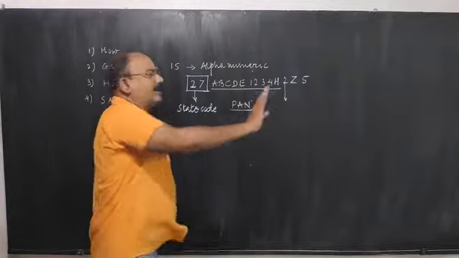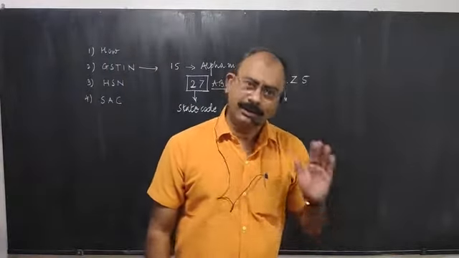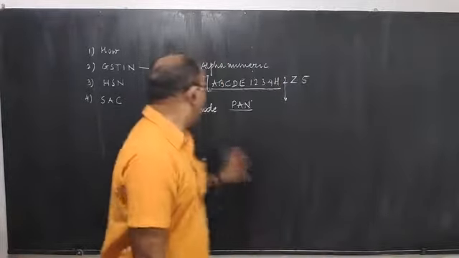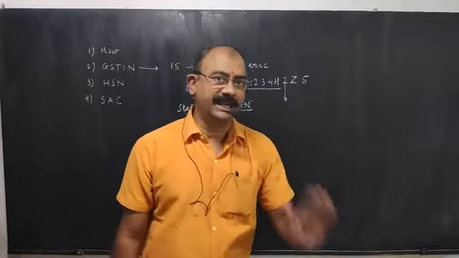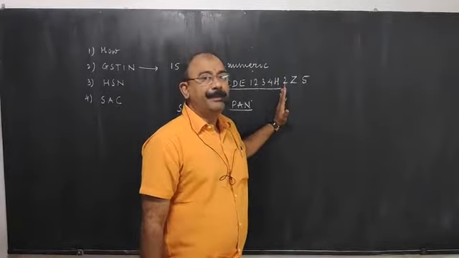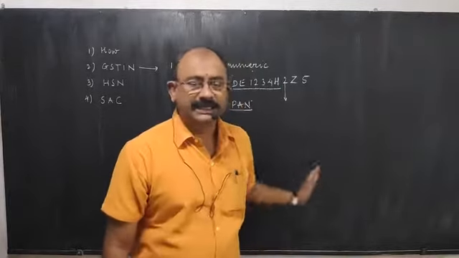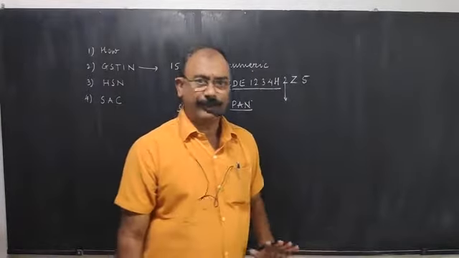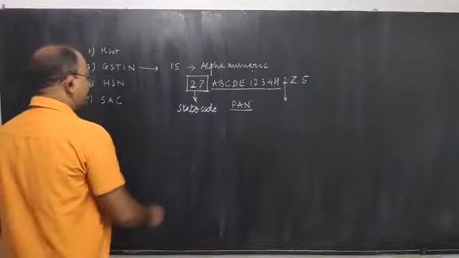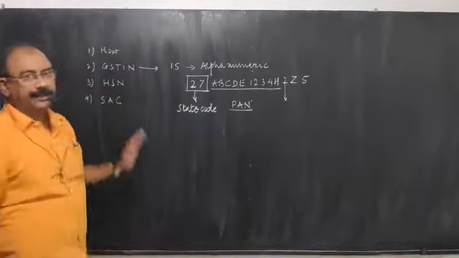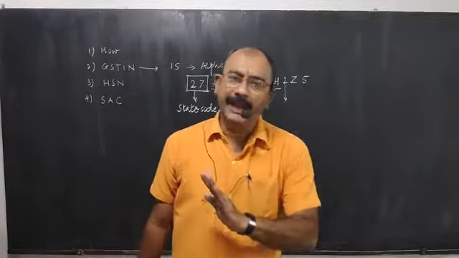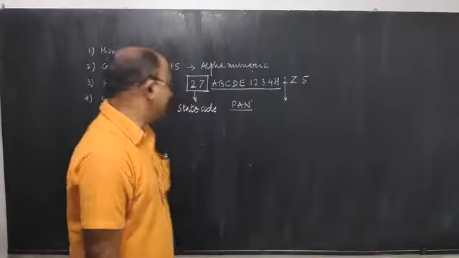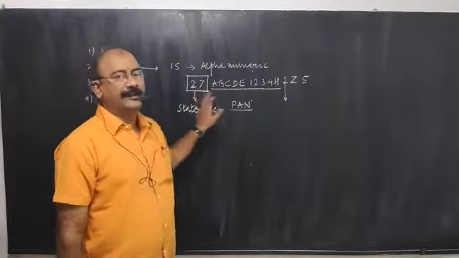So we need not know all the details of this number, only that it is a 15 character alphanumeric code. The first two characters always represent the state, the next 10 will be the PAN number, and the next three characters are compulsory characters for further calculations. That will be enough for you to understand. So it is very clear that the government will give GST to every trader. One number will be given, called GST. It is a 15 character alphanumeric code.